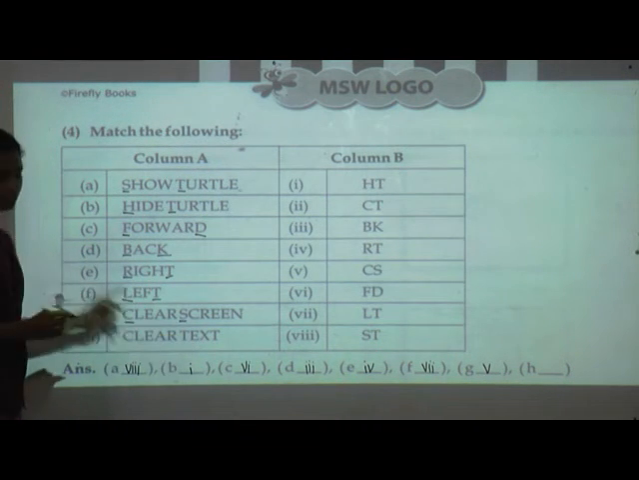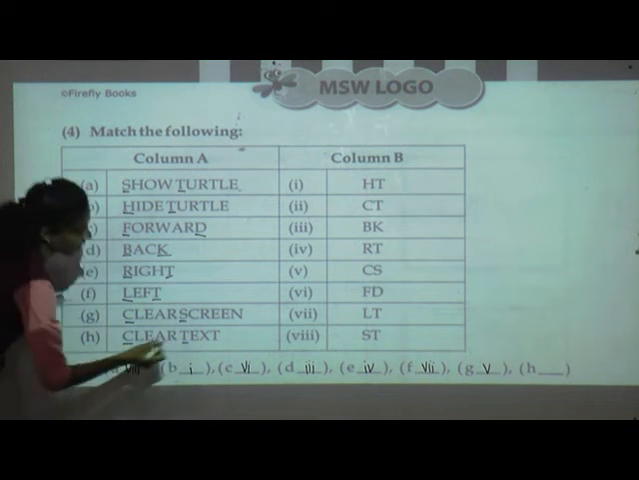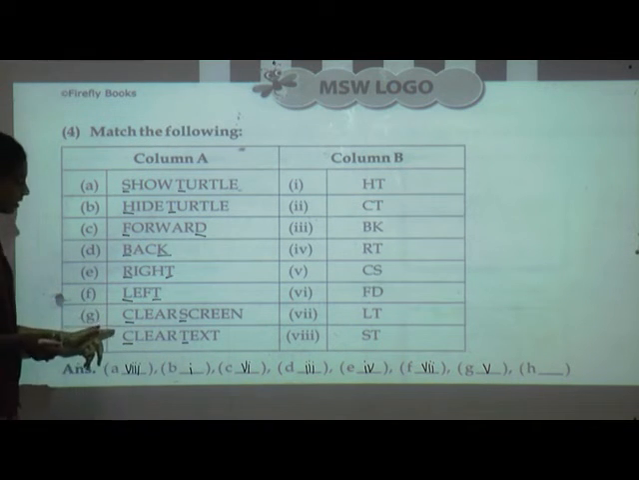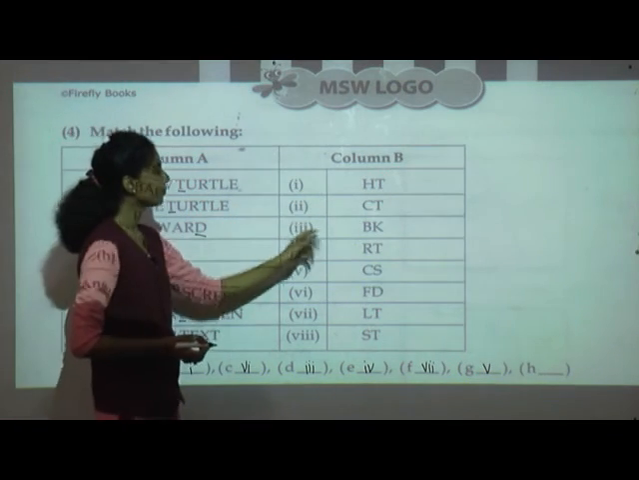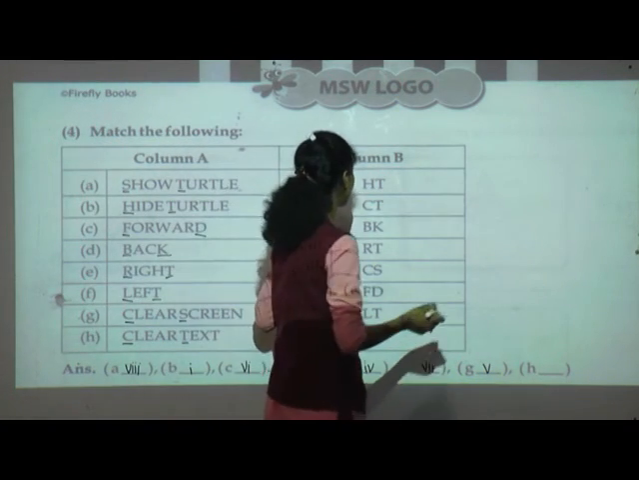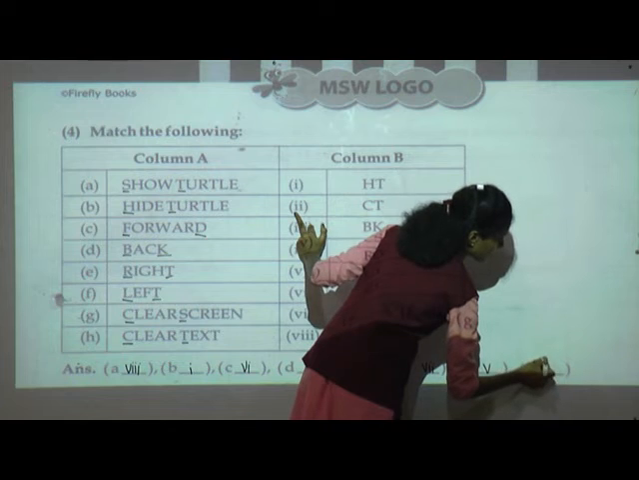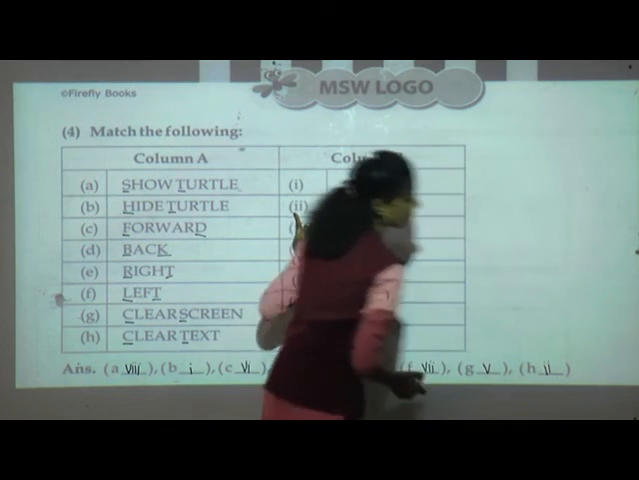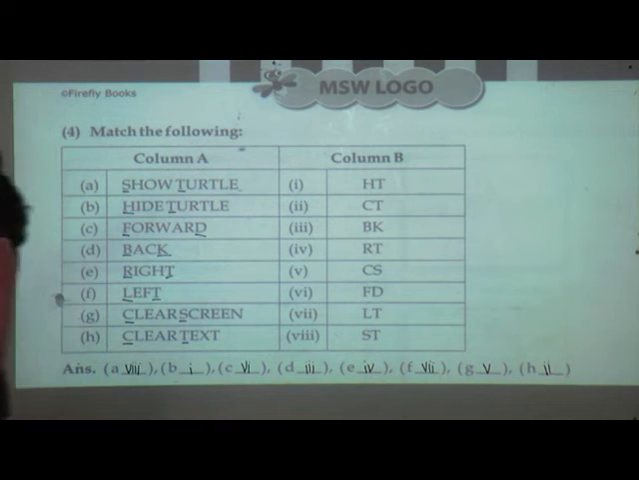Clear text, CT. Where is the CT then? Second one. Then in front of H we will write second. Write them fast. What is the first one? Show turtle, ST, hide turtle, HT,